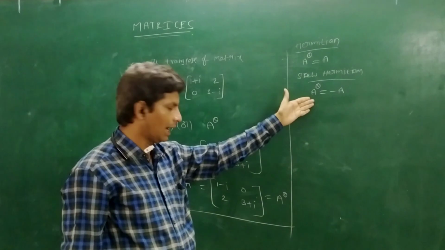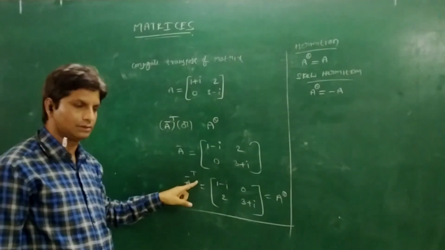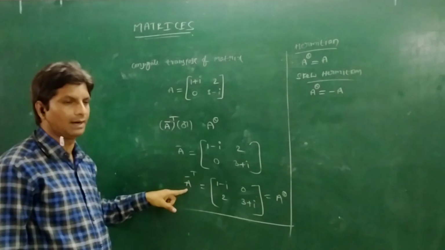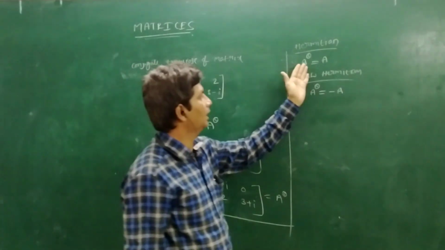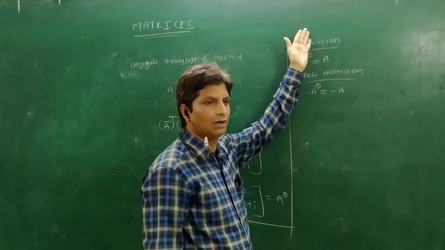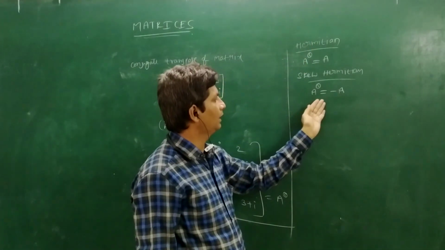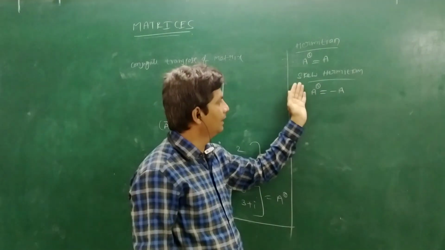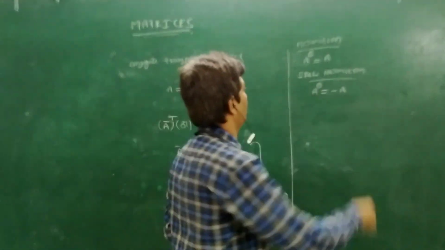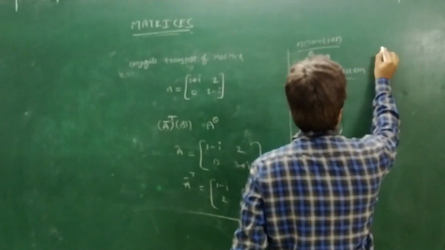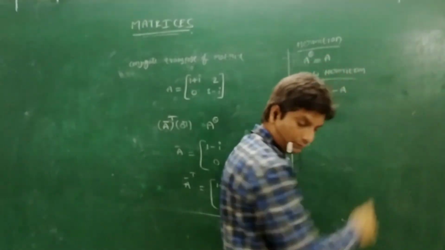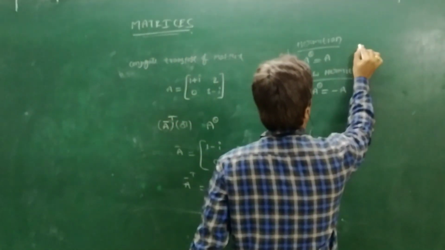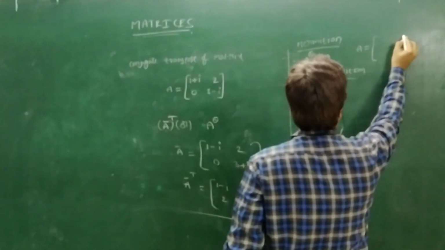What is A power theta? A bar whole transpose. A bar whole transpose means what? Conjugate transpose of the square matrix. So whenever A power theta equal to A, then the matrix is called Hermitian matrix. If A power theta equal to minus A, then the square matrix capital A is said to be a skewed Hermitian matrix. Now we will take some examples of this one. Hermitian matrix. For this matrix, this is capital A equal to